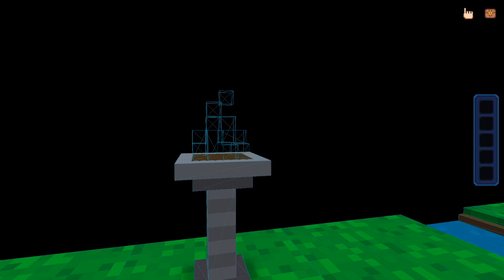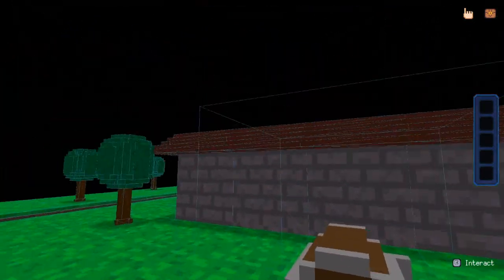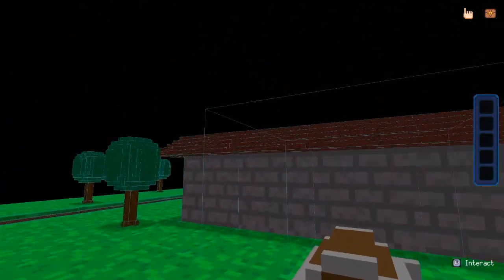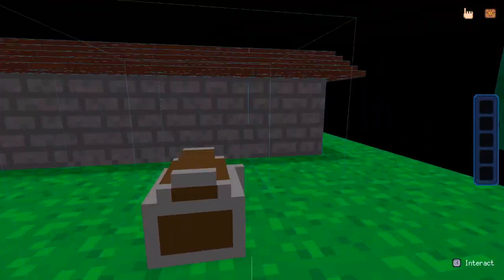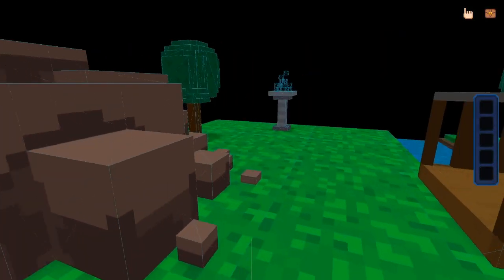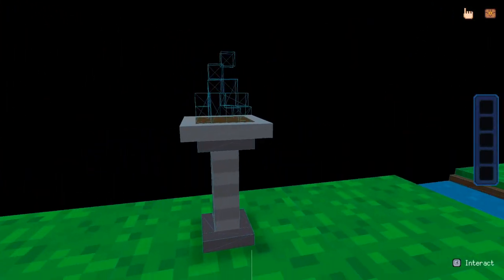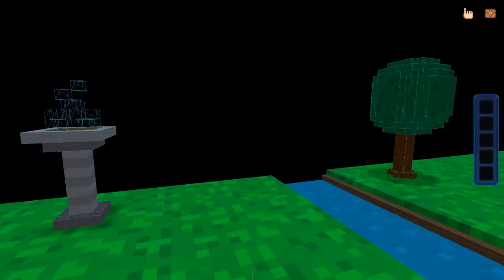So I don't have to be directly looking at it. Now, one way to get around that is just to use a larger collision box, so you're always looking at it. See how the interact prompt has a much wider scope of hitting the chest object. But if you don't want a huge collision, I can do the same thing with the torch by just standing on the tile,